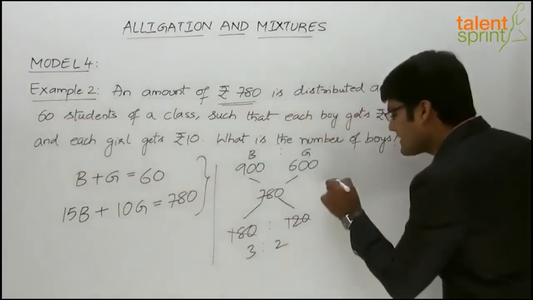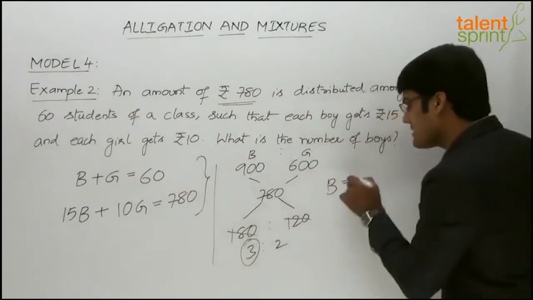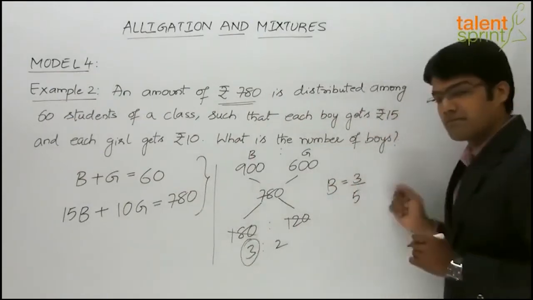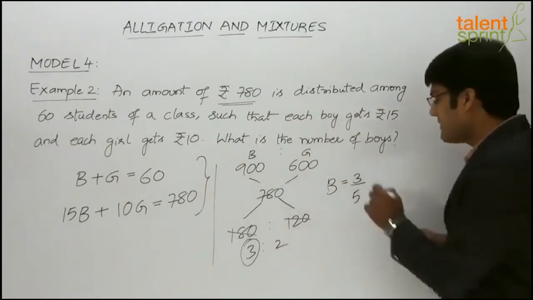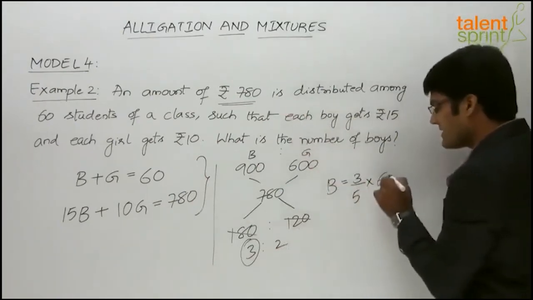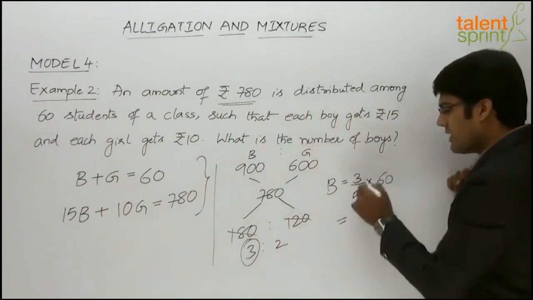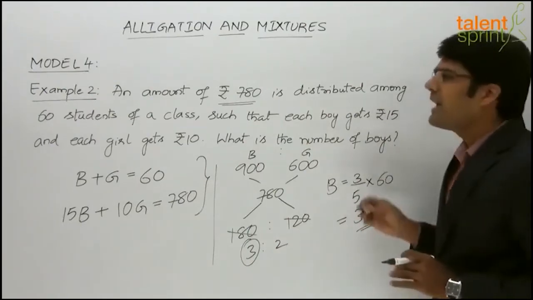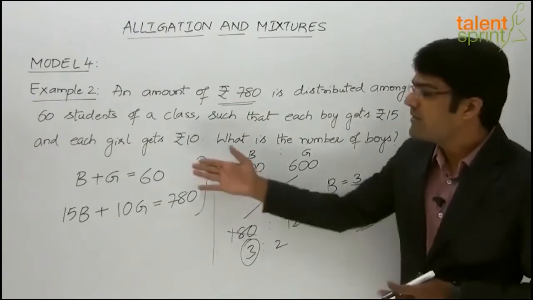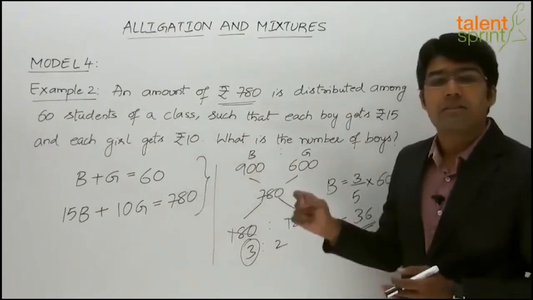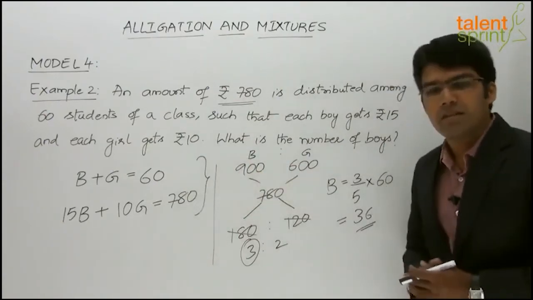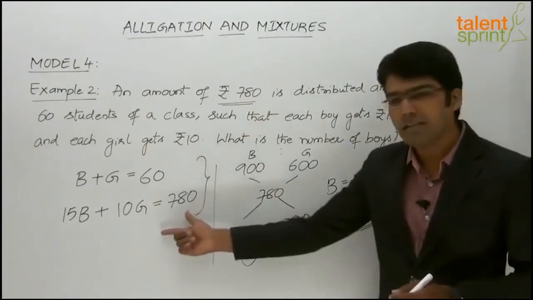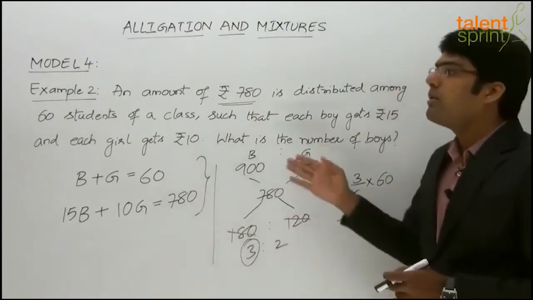So the number of boys can be taken as 3 parts out of total 5. 3 parts plus 2 parts, 5. 3 by 5 into total number of students is 60. So this will give us 12 into 3, 36. So we can say there are 36 boys in the class and the remaining 24 are girls. Even when we use the two equations and solve them, we find that the number of boys will be equal to 36. So either we can go ahead with the equations or the alligation rule to obtain the answer for